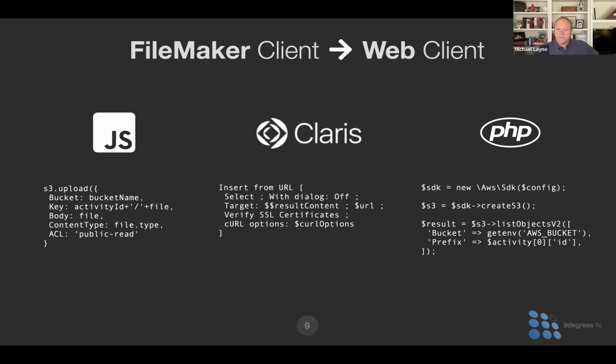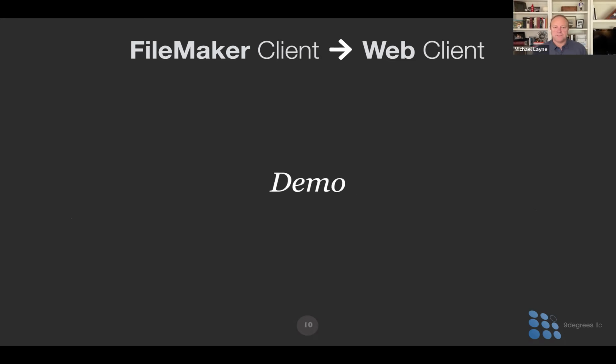In FileMaker, you can do the same thing with Insert from URL, which we are actually going to see. And in PHP, you can see I'm leveraging the AWS SDK. I'm creating an S3 bucket, and I'm doing the same thing. I'm getting a list of objects in a bucket. So even though these are very different technologies, there's some way to leverage APIs with any of them. All right, so let's jump into